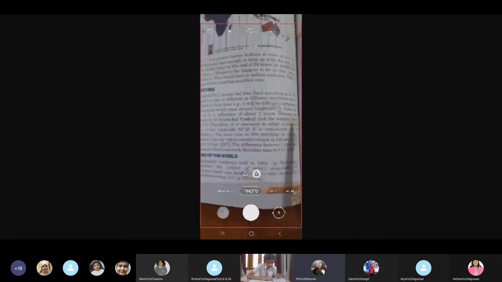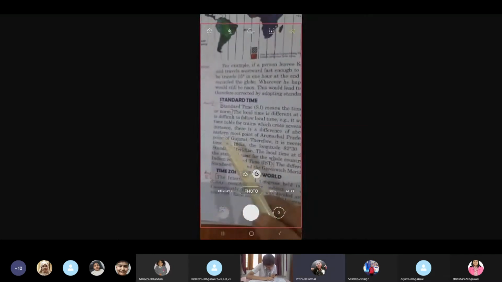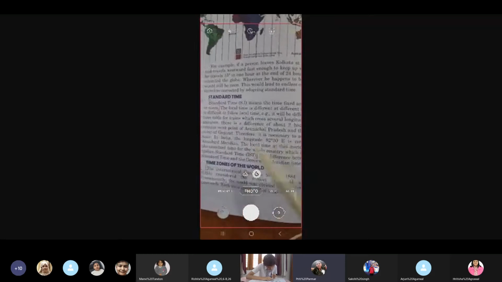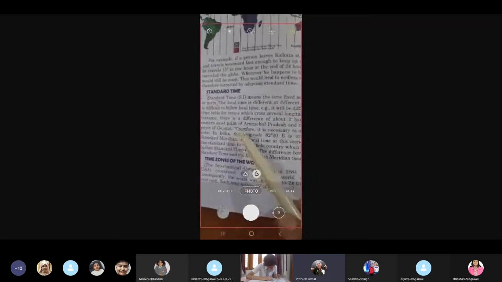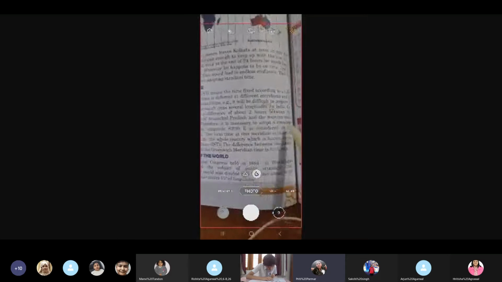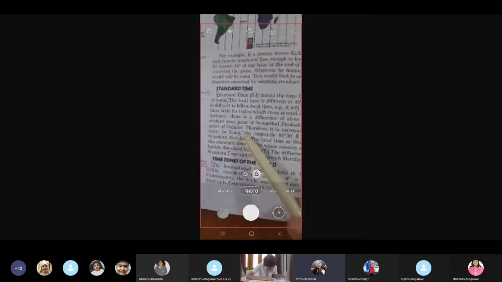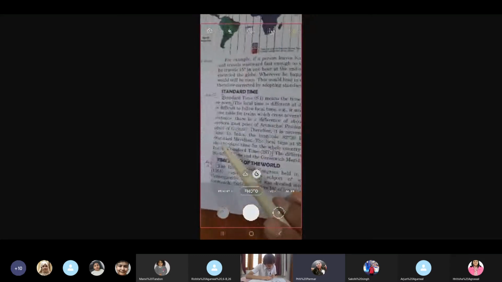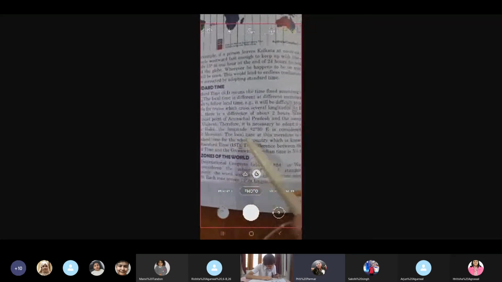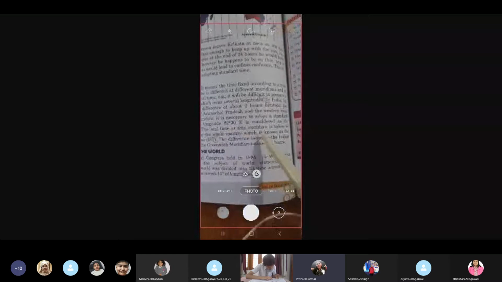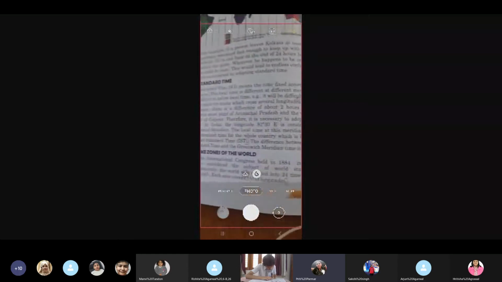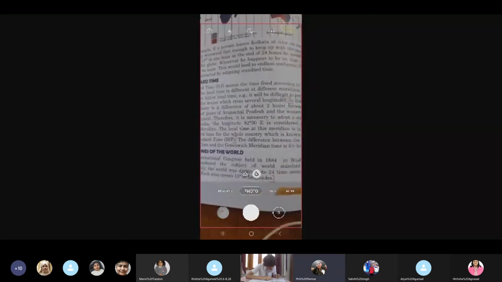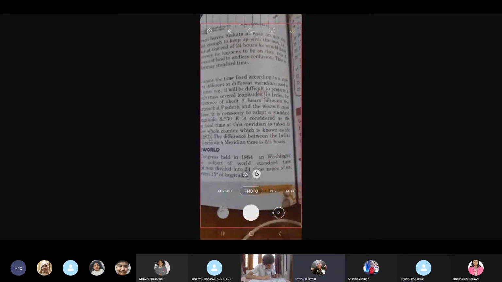In India, for instance, there is a difference of about 2 hours between the easternmost point of Arunachal Pradesh and the westernmost point of Gujarat. Therefore, it is necessary to adopt a standard time. In India, the longitude 82 degrees 30 east is considered as the standard meridian. The local time at this meridian is taken as